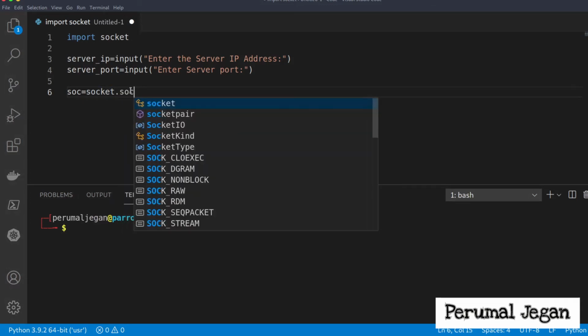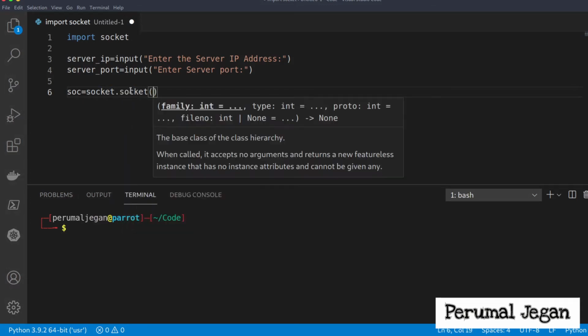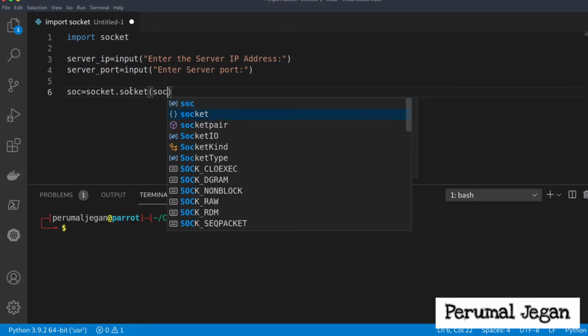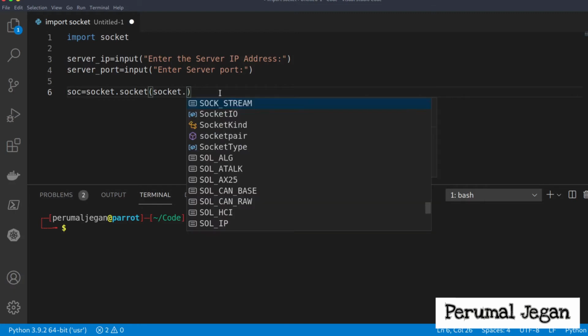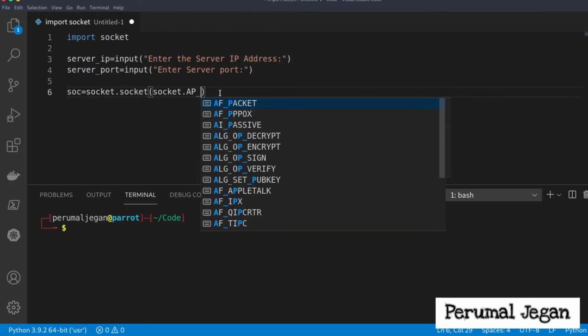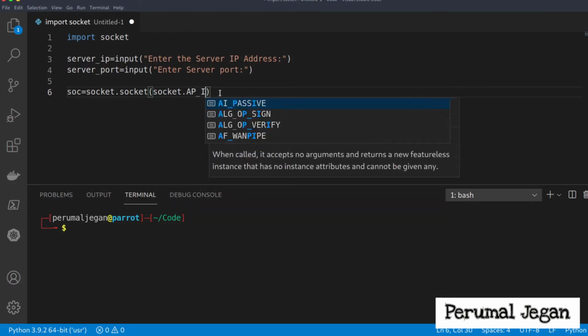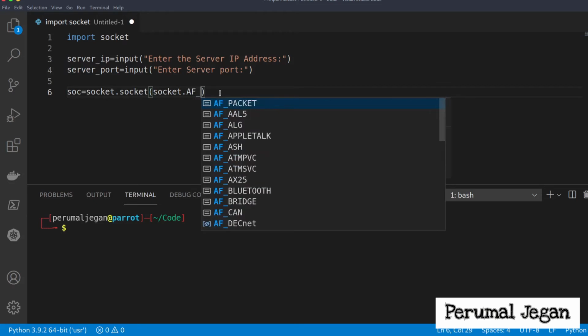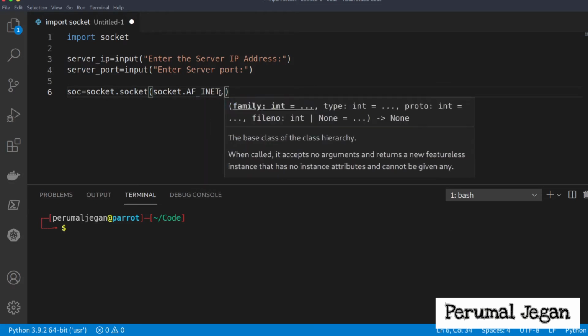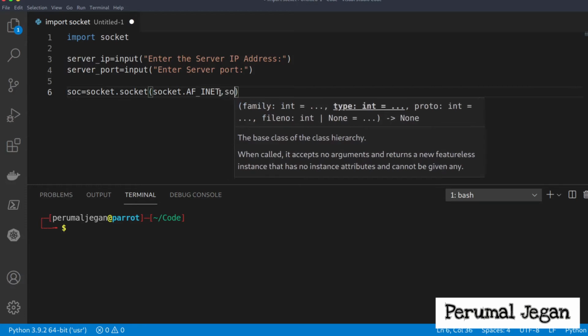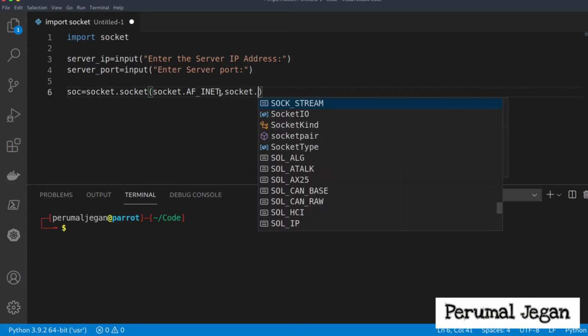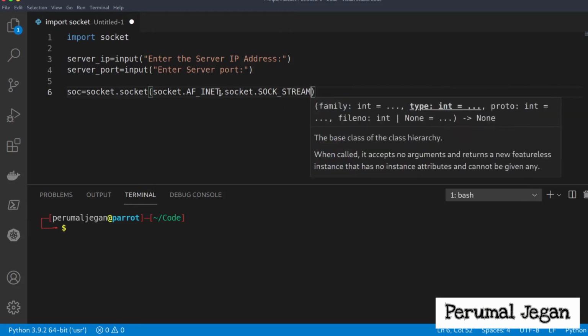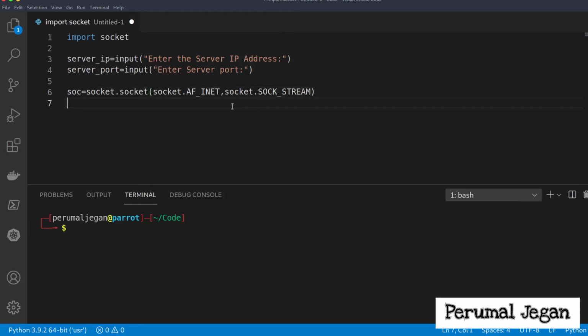Once again, I'm giving socket, and inside the brackets I need to enter socket and call the object AF underscore INET. Then you need to call the socket type. Again, socket dot SOCK_STREAM. So this is the line to use in order to create the socket.